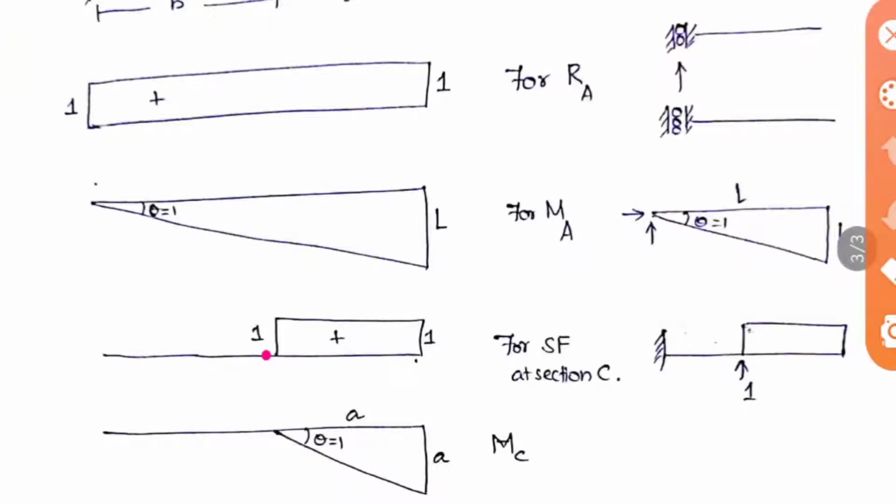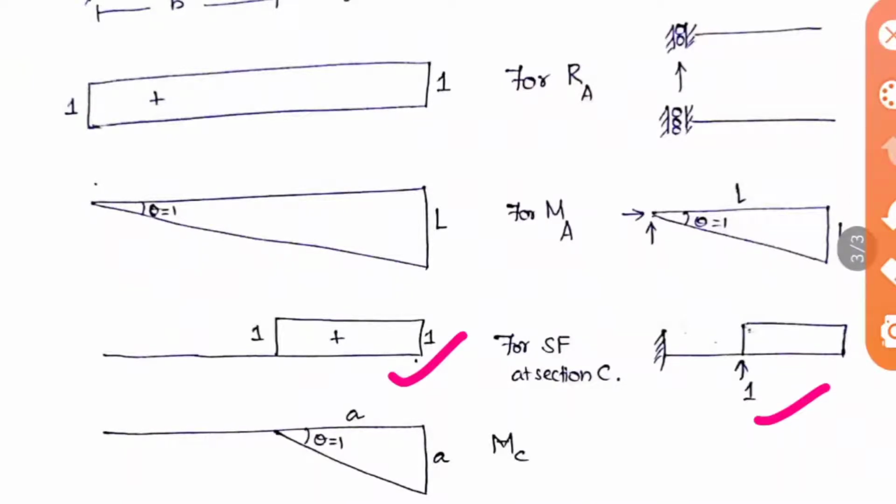So I have applied a unit displacement there. When you apply unit displacement, this will move automatically in the upward direction, whereas this is also a free end, so it does not impart any strength or any pull here, so it also will be deflecting upwards. So the structure will be moved like this. So the deformation will be like this. So this is the diagram for the shear force at section C, ILD diagram.